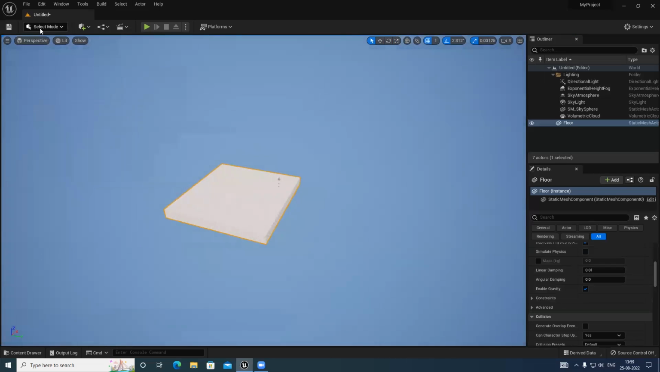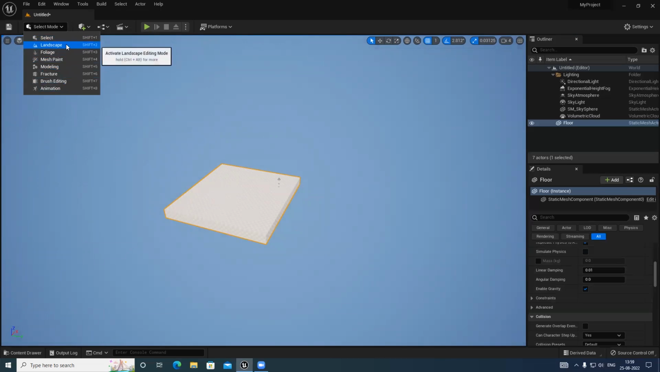Now let's come to this portion. I have the modes here. Now we are in selection mode. We will click over here, and we have the modes: select mode, after that landscape mode, foliage, mesh paint, modeling, fracture, brush spreading, and animation. Let's come to the modeling mode